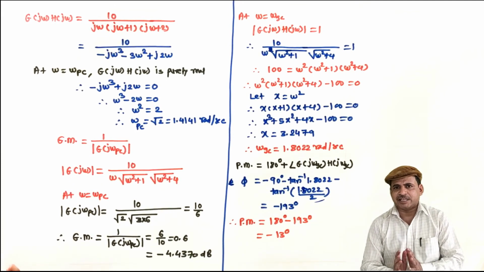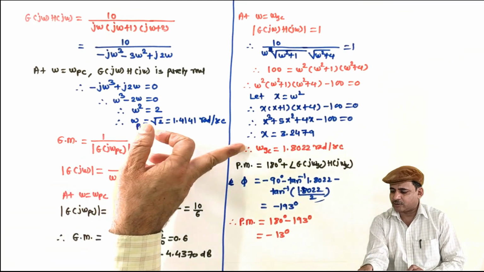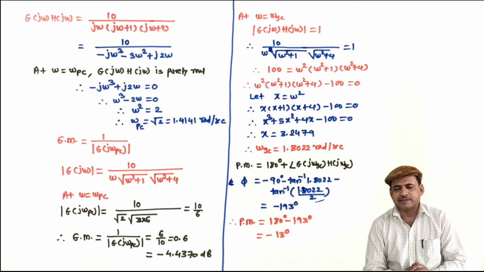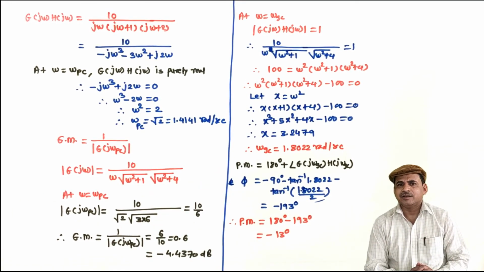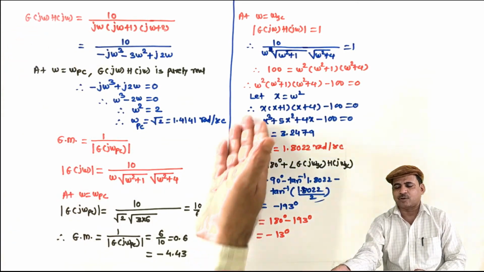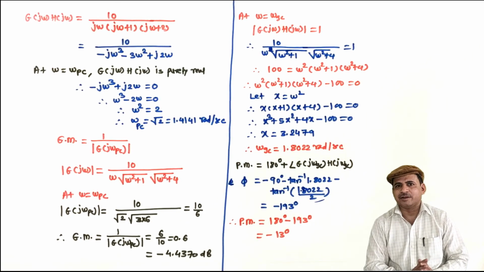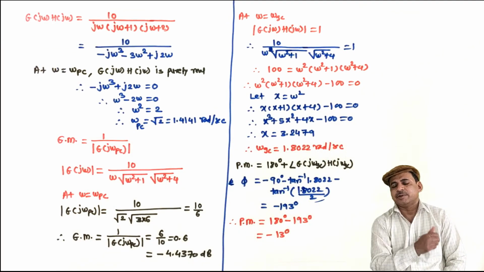So for the given transfer function, we have sketched the polar plot, and also we have obtained phase crossover frequency, gain margin, gain crossover frequency, and phase margin. And also it can be seen that to find out this omega GC, omega PC, phase margin and gain margin, we don't require the polar plot. Just from the frequency response function also they can be computed. But the polar plot is required as a step of the Nyquist plot, that we will see after finishing the polar plot, and that is why it is important to sketch the polar plot. But more importantly, it is required to calculate these values from the given frequency response function.